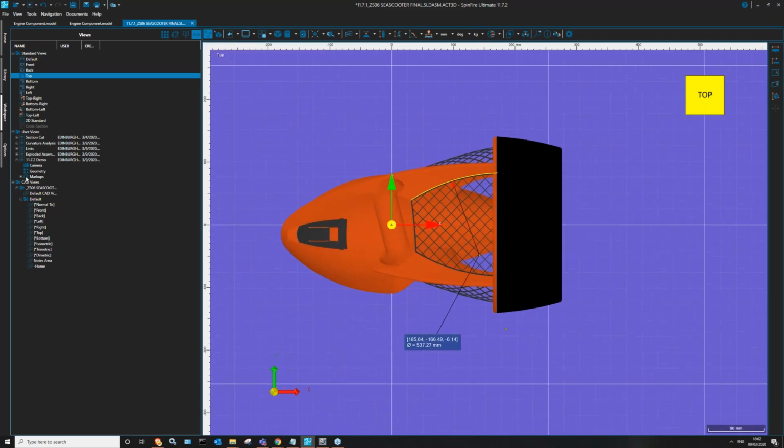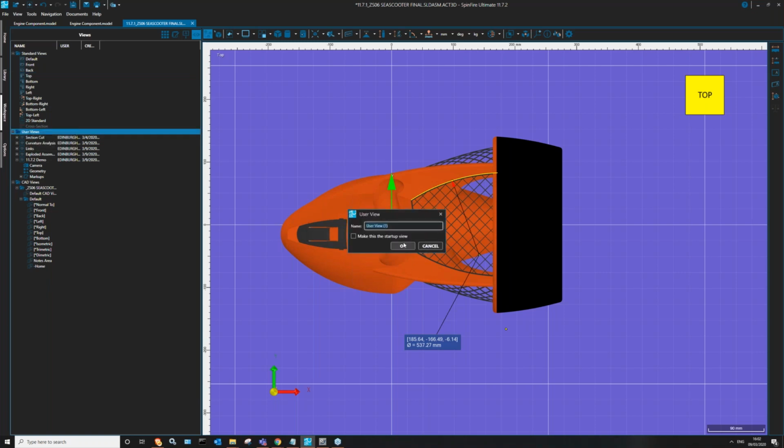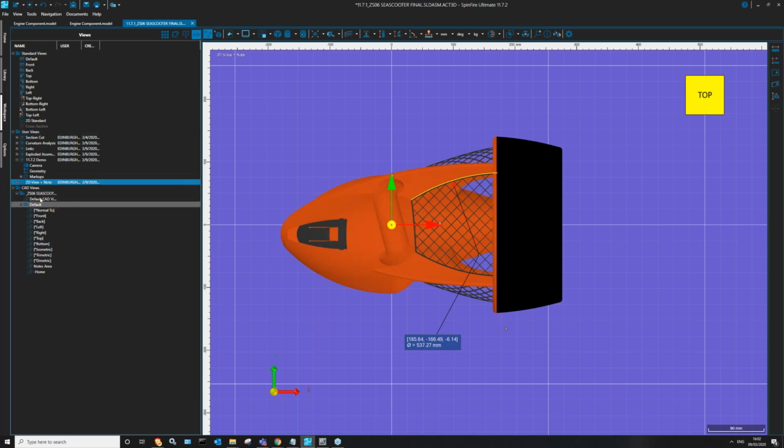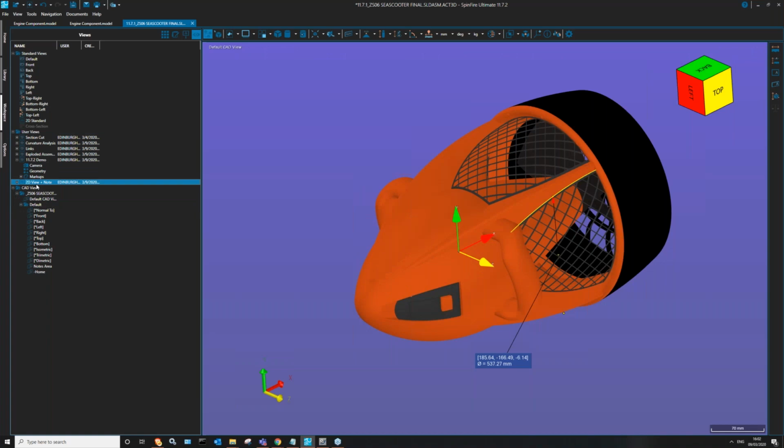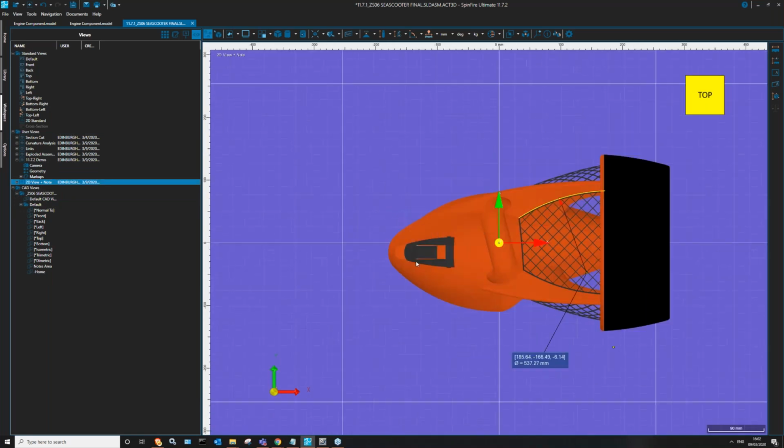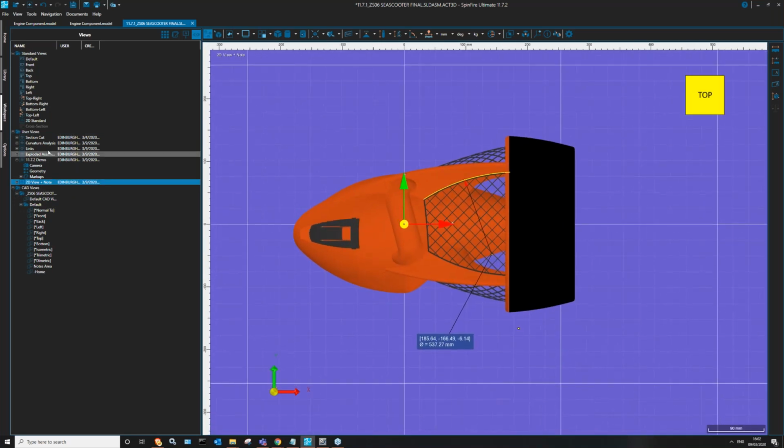I'm happy with that. And then if we go to user views, create a new user view. So, 2D view plus note. Okay, and I go back to default view and I go back to that user view. You see, it keeps the change. Any of my changes that are in a user view, they're kept. Let's go back to